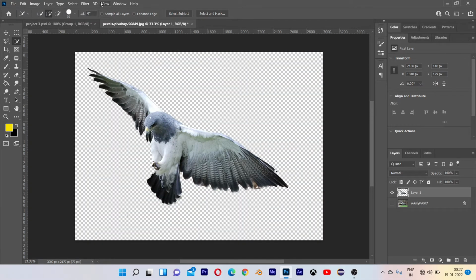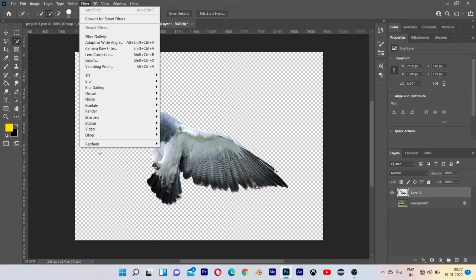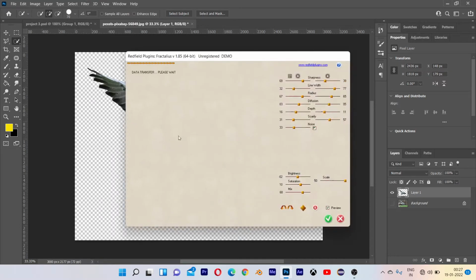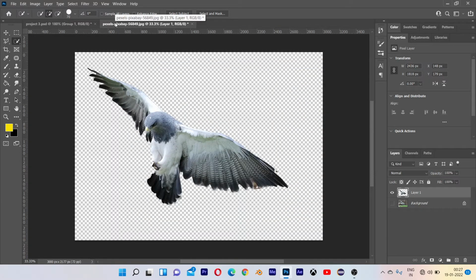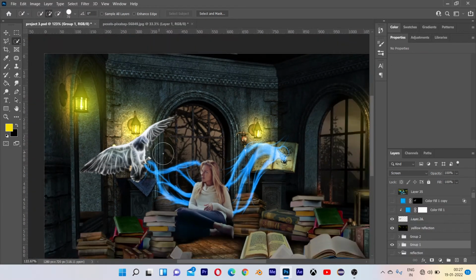Okay. Go to filter, and copy this setting to make your bird look like this. I will deselect it. I will delete it because I have already done that. So this is our bird photo.